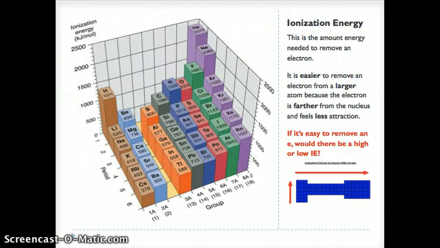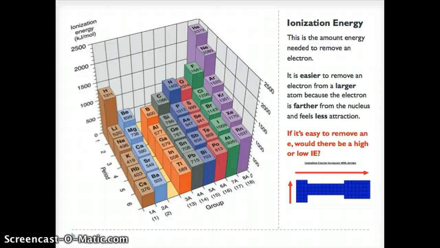Now, we also talked about ionization energy, so this is for both regular and chemistry honors. Ionization energy is the amount of energy needed to remove an electron. So you can't just pluck an electron out. Like fluorine wants an extra electron, right? So if fluorine wants to steal an electron, you need a lot of ionization energy to get